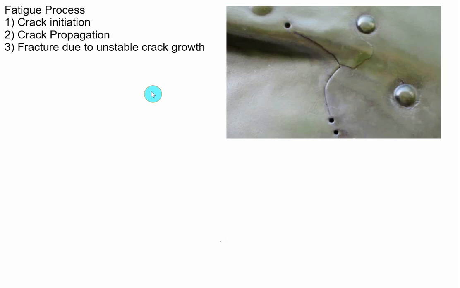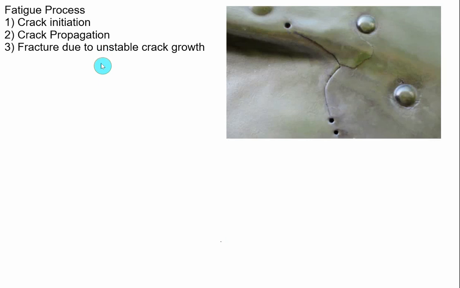So there are three processes involved in the fatigue process. That is, the first is crack initiation, then we have crack propagation, and the third is the crack due to unstable crack growth. The first stage here is the crack initiation. This can be for a very short duration. The second stage, that is the crack propagation stage, involves most of the life of the part, and the third stage